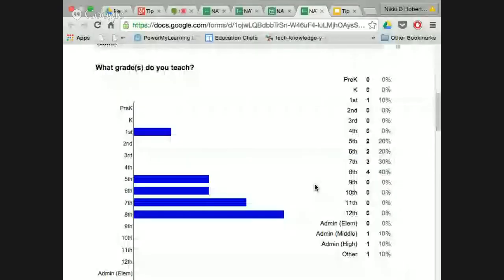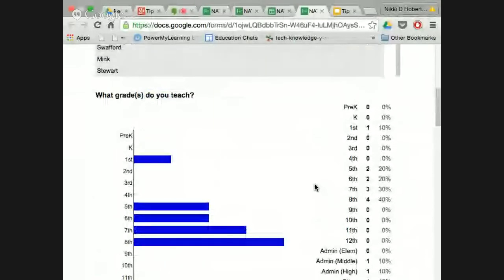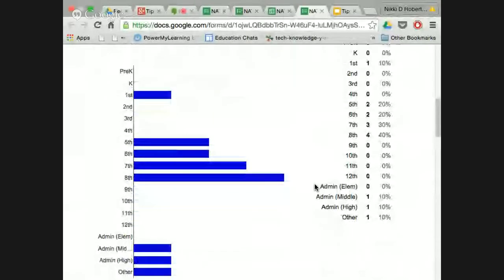I can come up under Forms and say show a summary of the results. And quickly it puts everything into a grid format or into a pie format for you. So I can see here